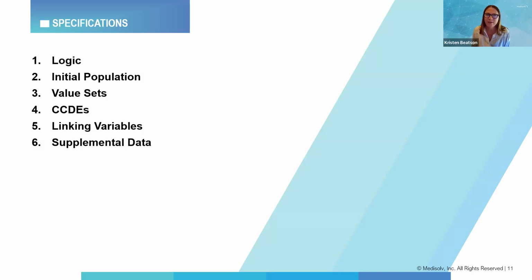I should mention that because this isn't a measure as you're collecting the CCDE data throughout the year in preparation for reporting this back, there is just an initial population. The measure specification doesn't have a numerator.